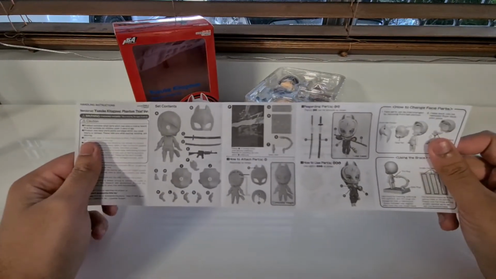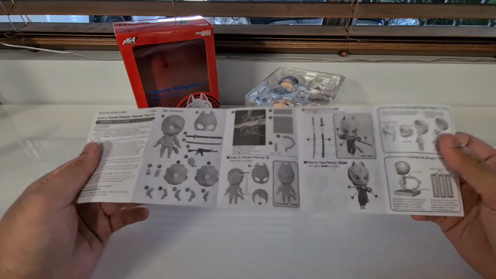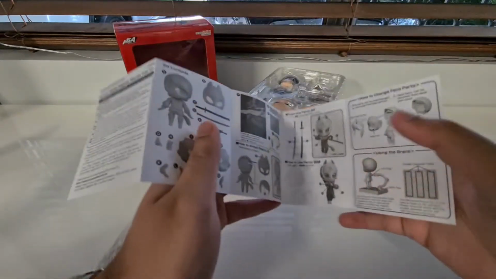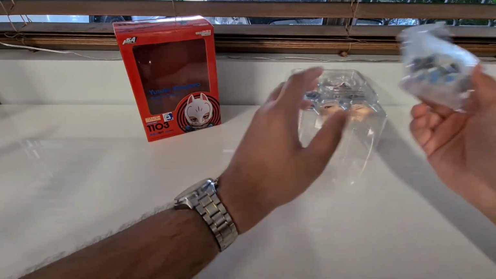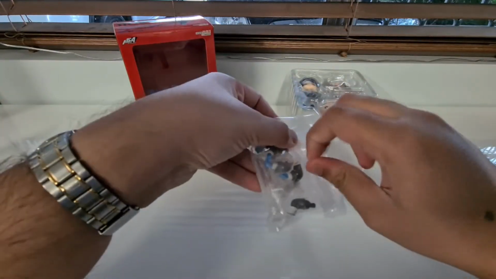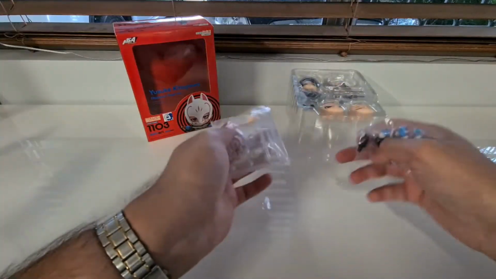Alright, what do we have here? Okay, just the usual stuff, nothing too crazy. What's the dealio with this? Oh, that's telling you what hands to use to get that pose effect. Okay, cool. Get to that a little later. Okay, so we've got... Might as well start opening these things up, because I do it anyway, like right after. Alright. We've got